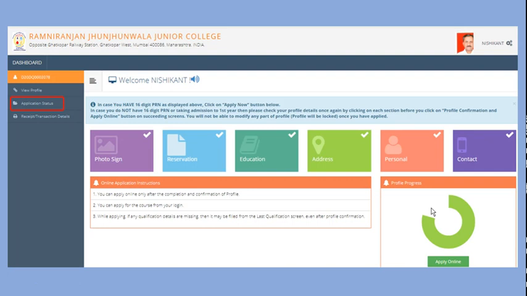After completing one application, if you want to apply for any other course, or you have applied for an aided seat and now you wish to apply for unaided seat, then you will have to again click on apply online button, and then select the course that you want to apply. Then further process is same for that application.